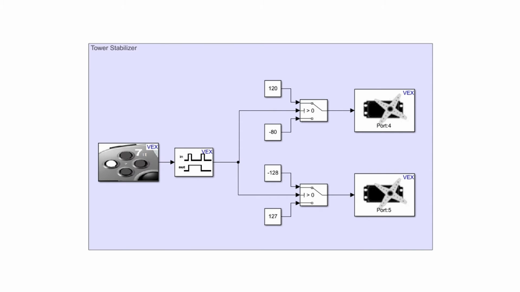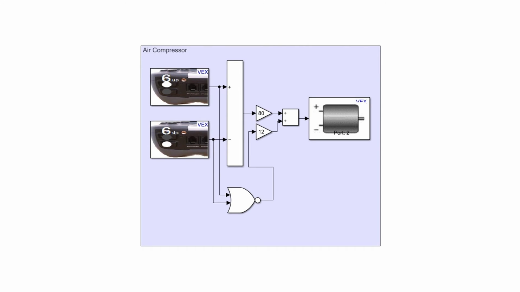For the tower stabilizer, we used two servos that were oriented differently, so their values are supposed to correspond insofar as position and would normally be the inverse of each other. However, we noticed that some servos were not calibrated perfectly, so we used slightly different constants to achieve the same intended physical result. For the air compressor, we decided to use these two,